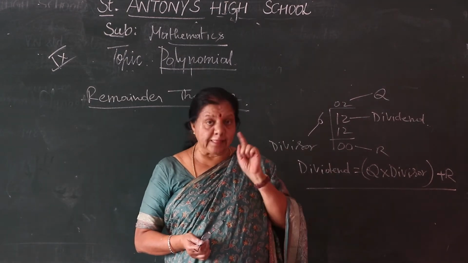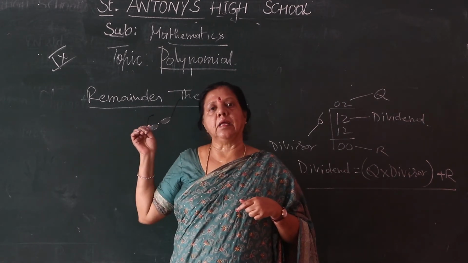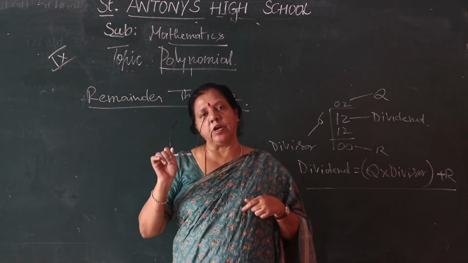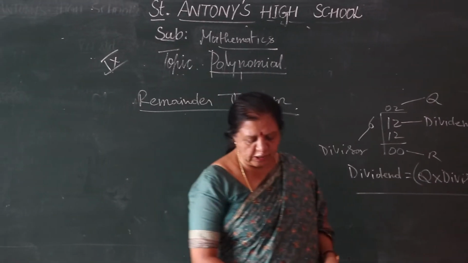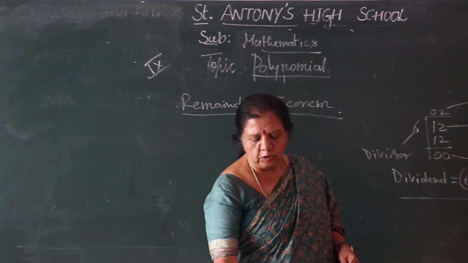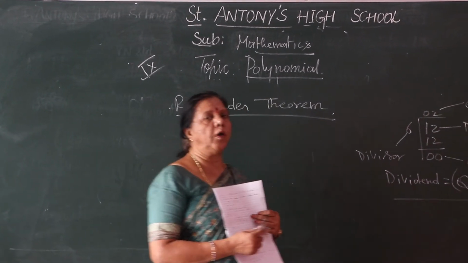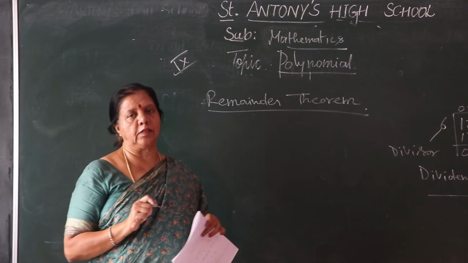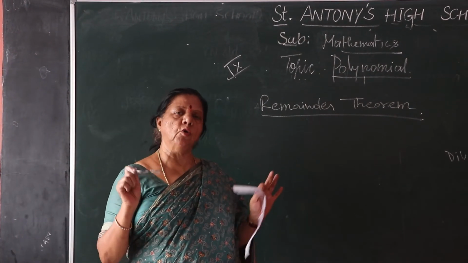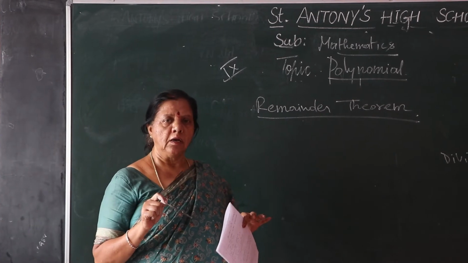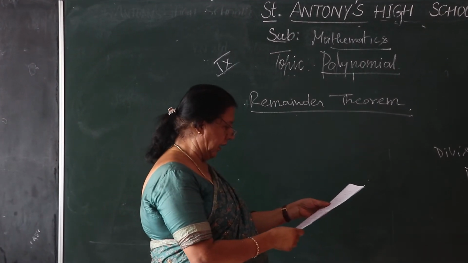So this is the way. This knowledge you have to utilize here. Remainder theorem. This is meant for division only under the polynomial. Okay. I will teach you one or two sums. So then that is given in your exercise 4.3. You have to solve yourself. Only 2 to 3 sums I will solve. So remaining thing you only solve. Okay, children? Okay. So now let us pass on to remainder theorem.